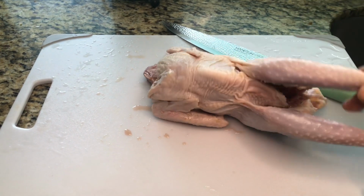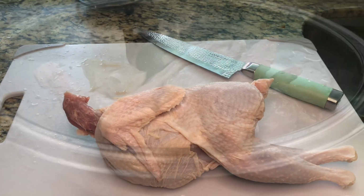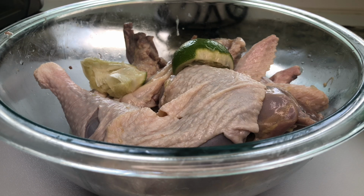Let me go ahead and dissect the chicken, get it nice and clean, and I'll come back and show you what I do next. It is nice and clean. And what I did was allow it to sit inside of our fresh lime, vinegar, salt, and sour orange. Okay, so now what I'm going to go ahead and do,